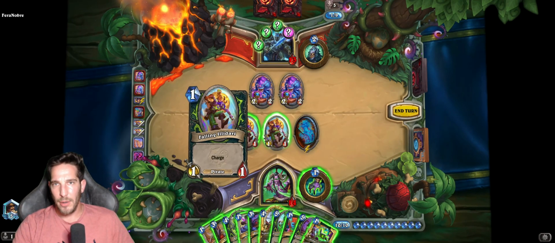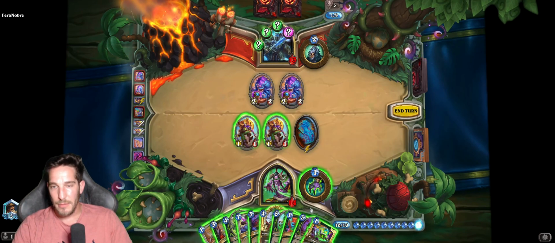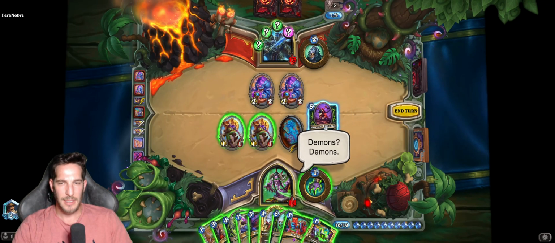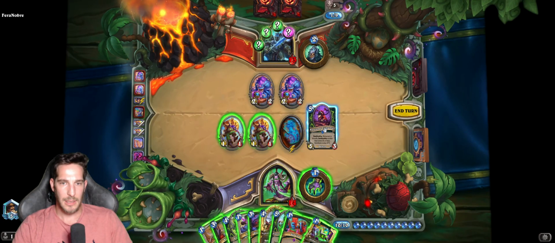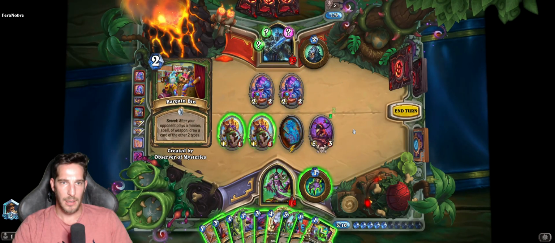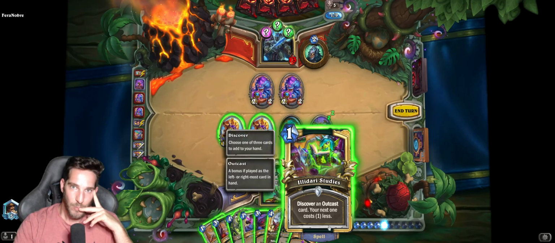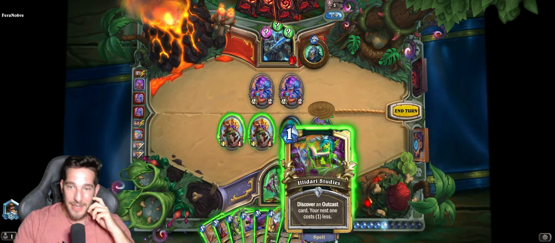Huh. Okay, so he has a mage one. I almost don't want to cast anything. If anything, I would rather just cast this and he kills it. Yeah, I just gave him 2 cards. That's not good. Like, does he have the counter? Because if he doesn't have the counter...